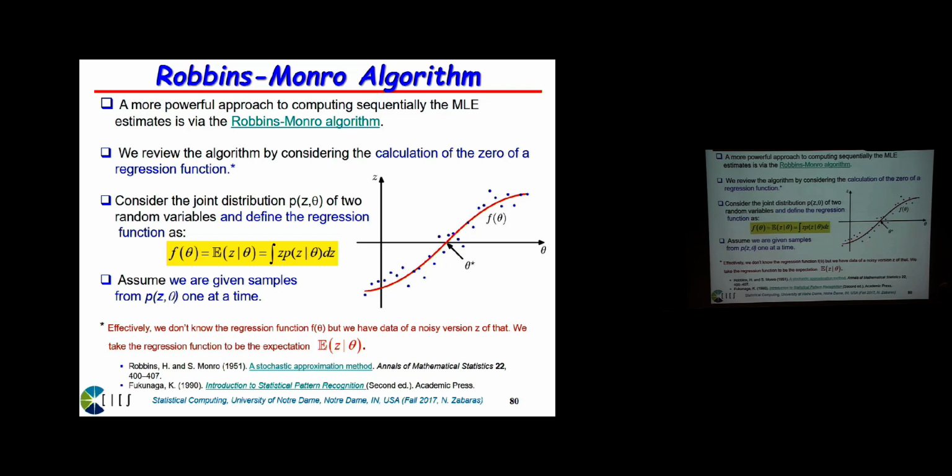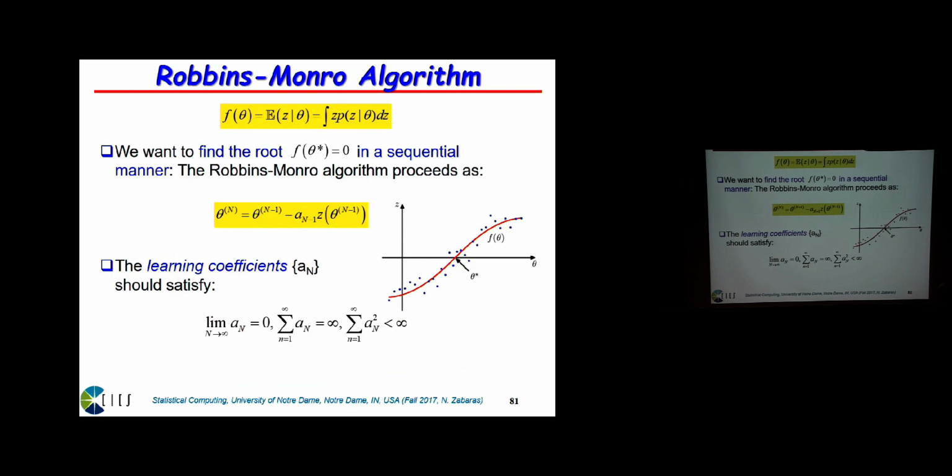So if you have a function, but you only know this function with noisy data sets, it allows you to find the zero of that function in an iterative process that looks like this, with some constraints on these learning rates that satisfy these equations. So we will do this for the MLE estimate, and we will see more use of the Robbins-Monro algorithm in forthcoming lectures. So I will come back to this topic on Wednesday. See you then.